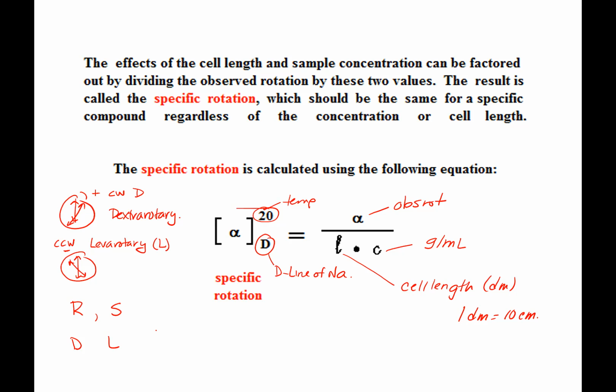So you can easily determine D and L using this instrument that's called a polarimeter, where basically you place the solution, shine the light through it, and then use polarizing lenses to figure out how much the light was rotated in degrees. You can determine that for an enantiomer, but to get to whether the chiral centers are R or S is much more difficult. And what you have to do there is create the molecule pure,